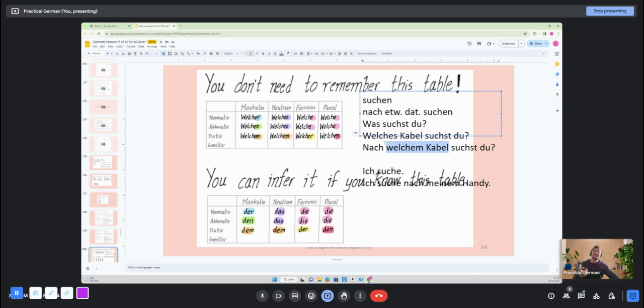It's complicated, but it comes with practice. Of course, you can speak simple German in the beginning. It's fine. That's what you should do. But we all want to speak more evolved language. I personally want to speak English like the Indian Minister Shashi Tharoor. I'm a fan of his English. I want to speak English like him, you know.